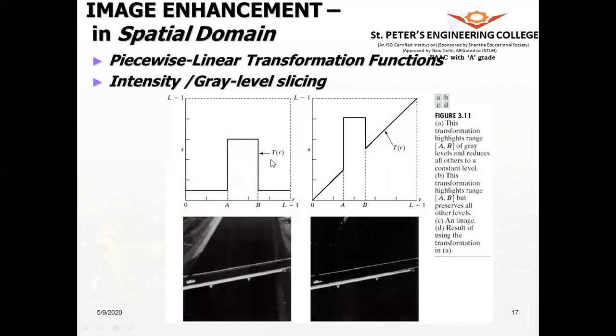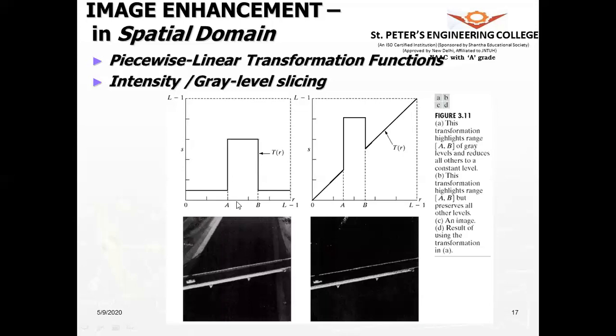So what we do in this is, if you observe here, all the input values having intensities between A and B are grouped into one intensity value, and all the intensities below A and above B are grouped into another. This is somewhat like the binary, but it is not exactly 0 and the brightest point. It is somewhere in between. But here also there are only two values, so only two intensities are present.